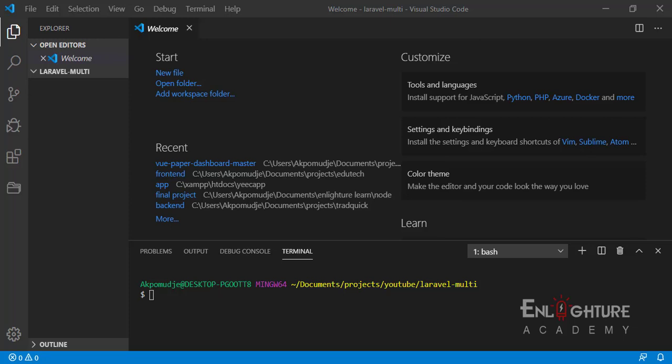Alright guys, so let's dive in. The first thing we're going to do is install Laravel, and we're going to do that here. I'm going to install it in this current directory, and while we wait for it to download,